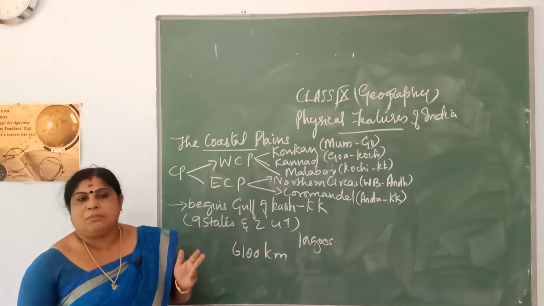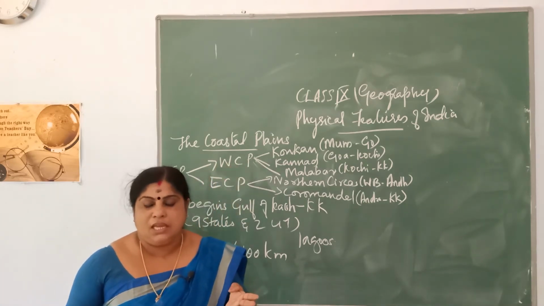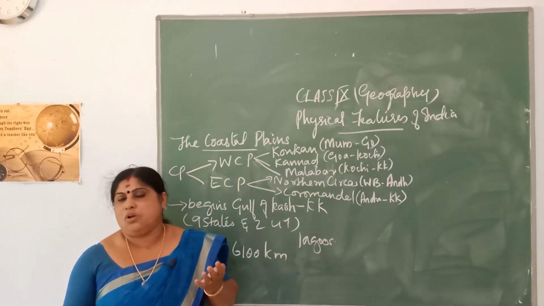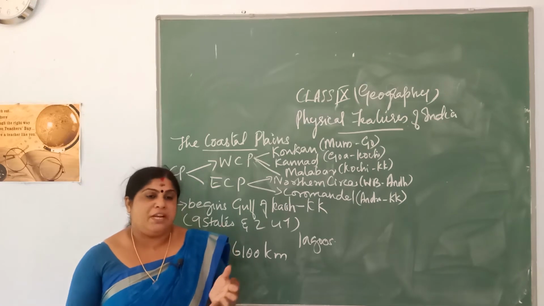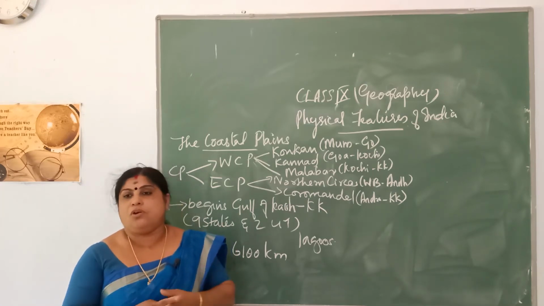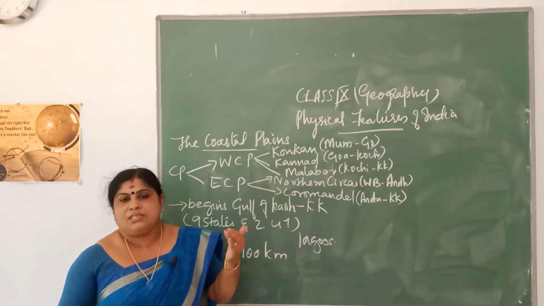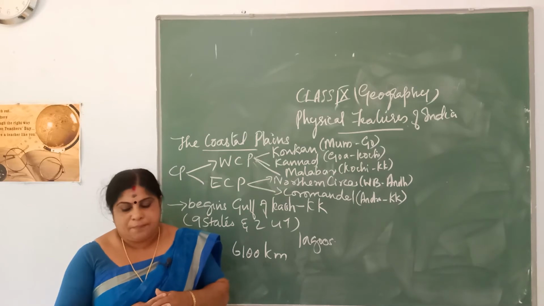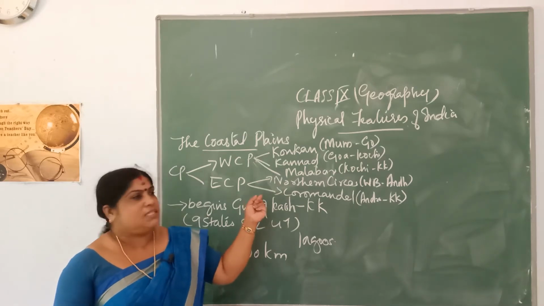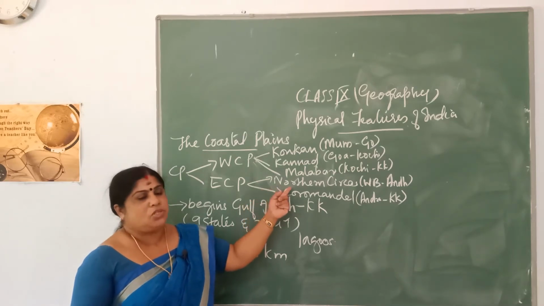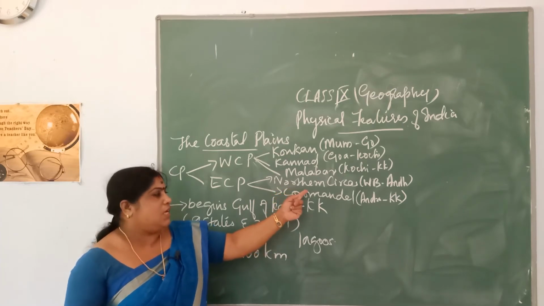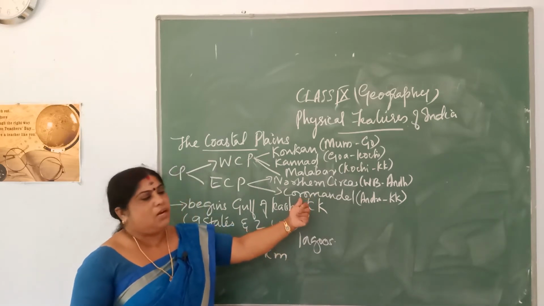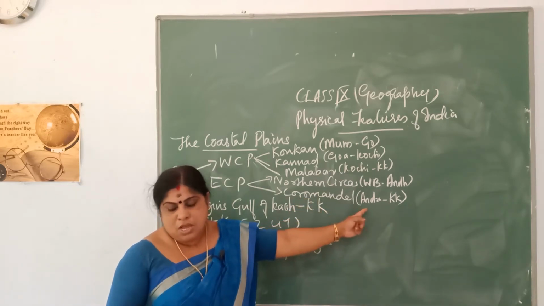The major rivers found here include Mahanadi, Godavari, Krishna and Kaveri, which make a fertile soil and replenish the area with a huge amount of alluvial soil, and thereby the states near these areas you call the rice bowl of India. Now, this eastern coastal plain is again divided into two. In the northern portion you call it the Northern Circars. It extends from West Bengal to Andhra Pradesh, and in the south you call it the Coromandel Coast, which extends from Andhra to Kanyakumari.